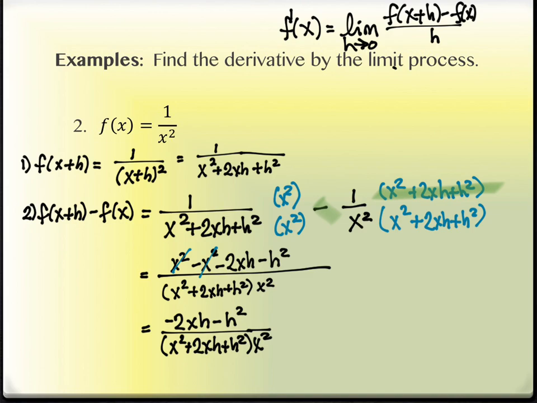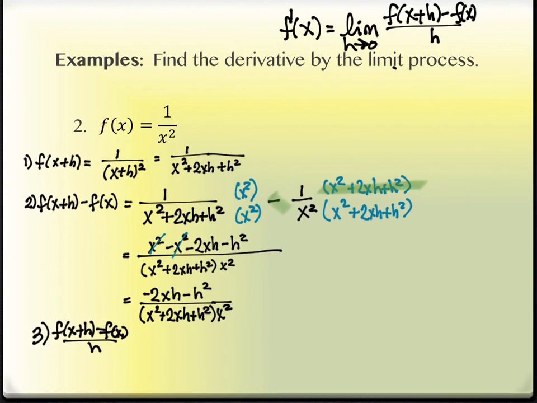All right. Y'all ready for step 3? Okay. Step 3, we are going to see something simplify. So step 3 is to take the same thing we just did, f of x plus h minus f of x, and to divide it by h. So dividing by h